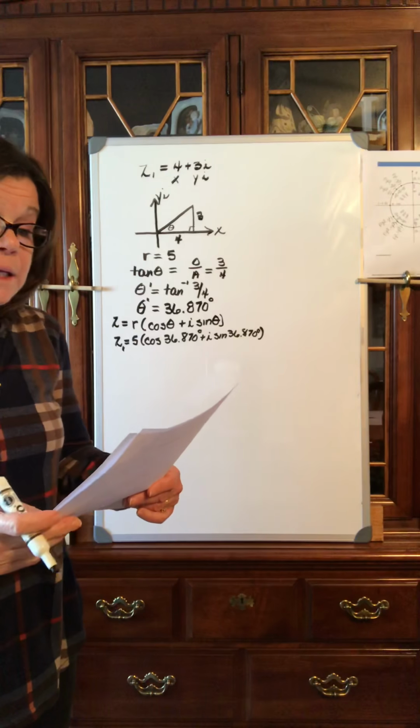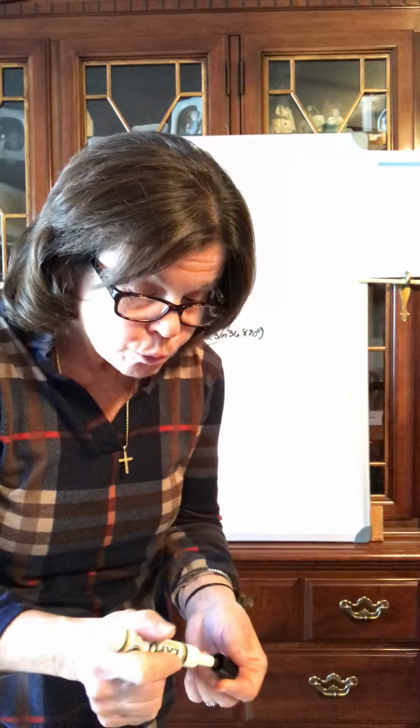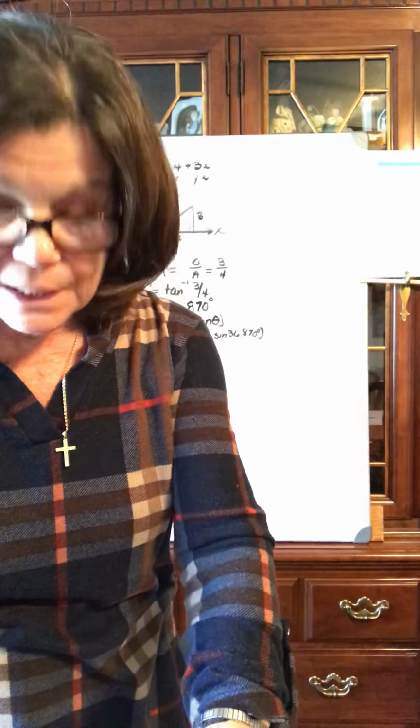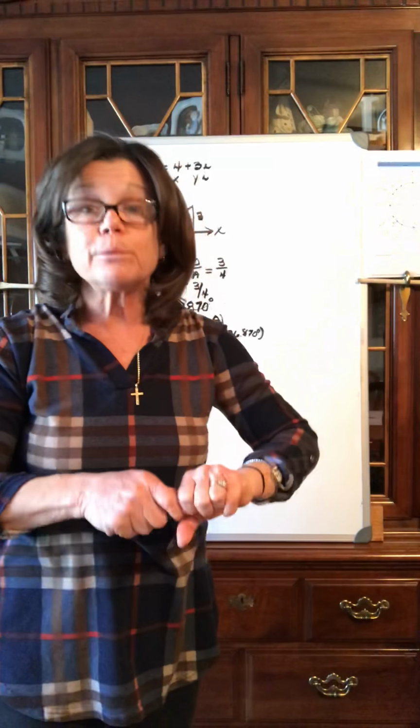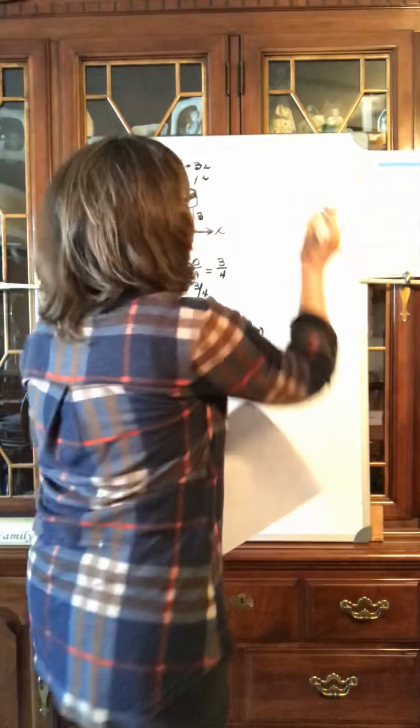Now, the second complex number that they give us is 1 plus 2i. Now you have to do the exact same thing with this. You have to, step 1, put it into trig form. So if Z2,